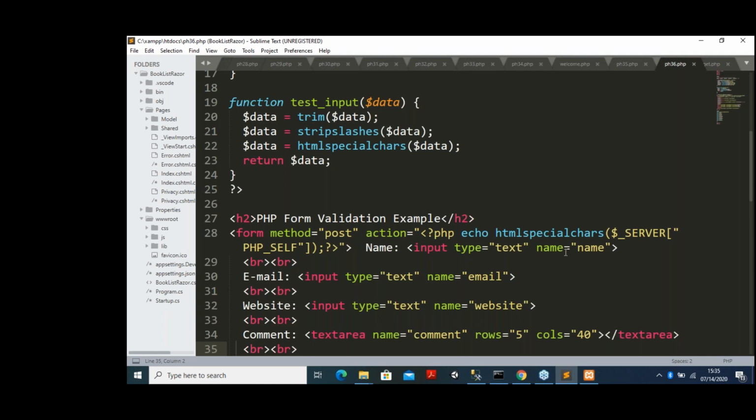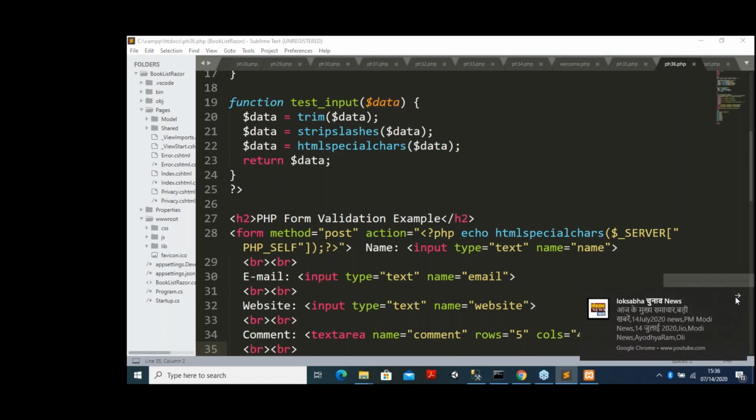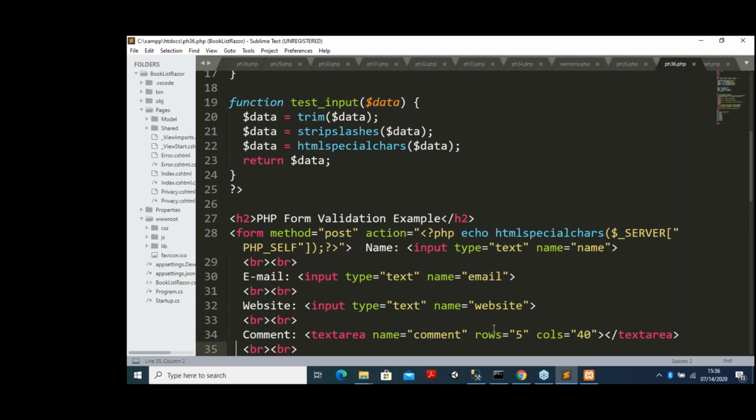Then email. This part you know, how to write this HTML program, how to create a form. This all you are acquainted with, already explained how to go for this label and the input box: email, input box, text box, website, comments. Instead of input type equal text, I'm writing textarea because it will be a number of lines, remember. In more number of lines, you cannot write the input as a text box. So instead you write textarea and close the textarea. Here you can see the name is equal to comment, and you can declare the number of rows and number of columns. So name is equal to comment, rows is equal to 5 number of lines, and columns is equal to 14 number of character columns.